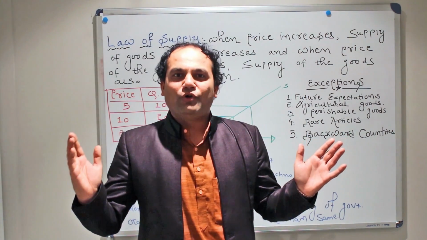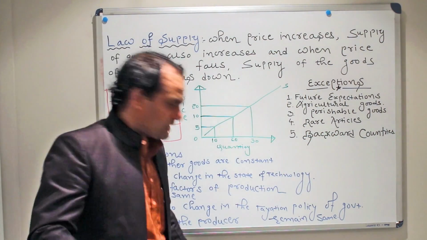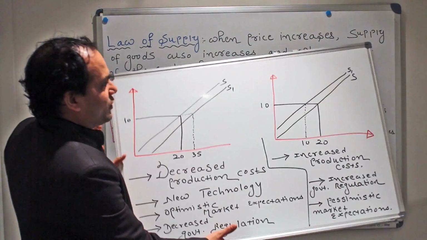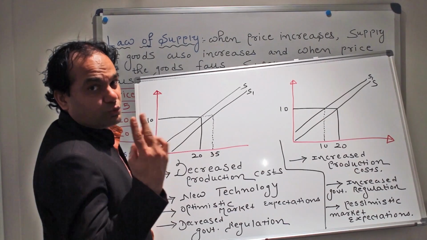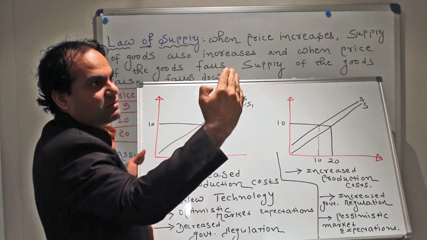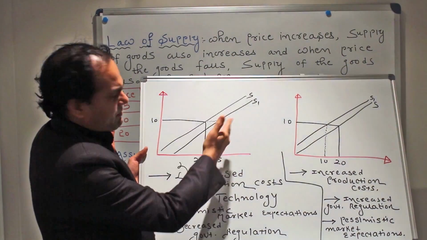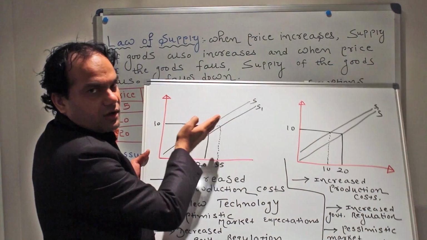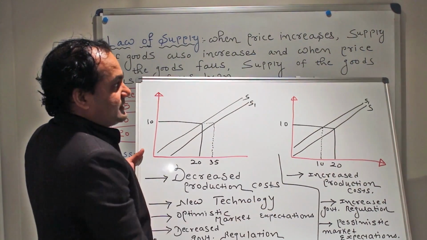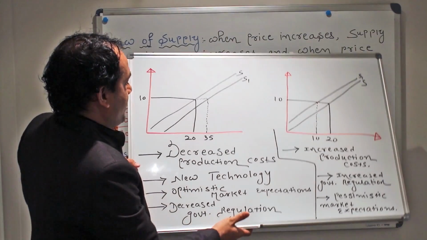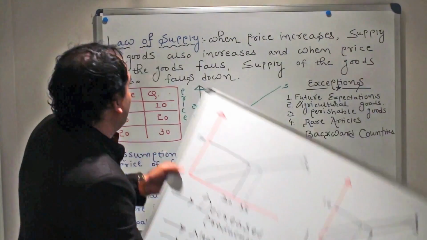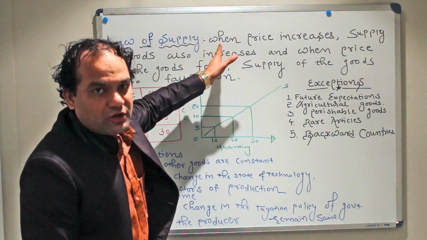And same like law of demand, we have to remember two scenarios as far as shift in supply curve is concerned. Remember, in the law of demand we had two scenarios. The demand curve moves to its right, or the demand curve moves to its left. Same here, we have two scenarios. The supply curve can move to its right, or the supply curve can move to its left. And that is caused not because of change in price. Remember, law of supply is evaluating relationship between